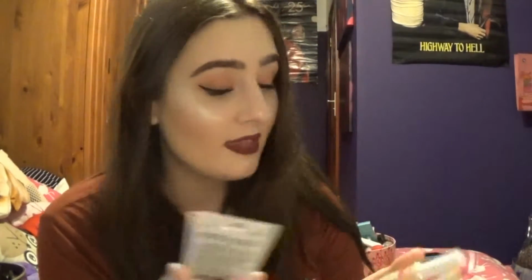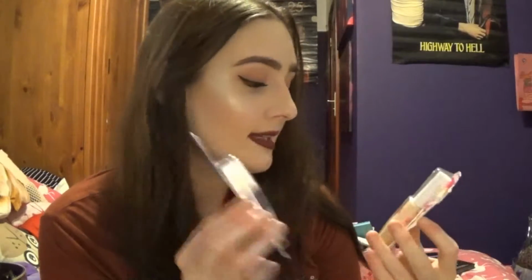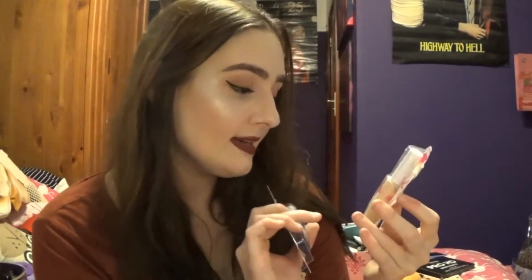I've got 2 concealers here, which I bought when I was in Mexico. I remember that. So I got these 2 CoverGirl concealers. I've got the CoverGirl Ready Set Gorgeous concealer, which is what I have on today. And then I also have the CoverGirl and Olay, the Depuffer Eye Concealer. And this is in the shade Fair. Oh, this one was in the shade